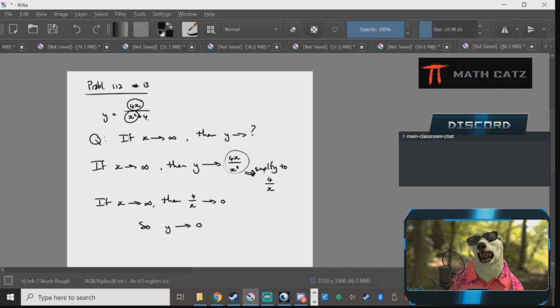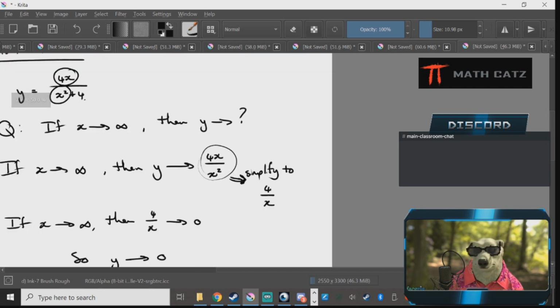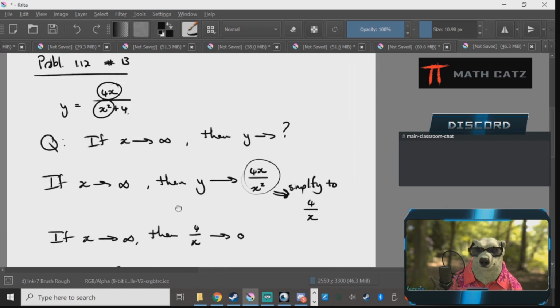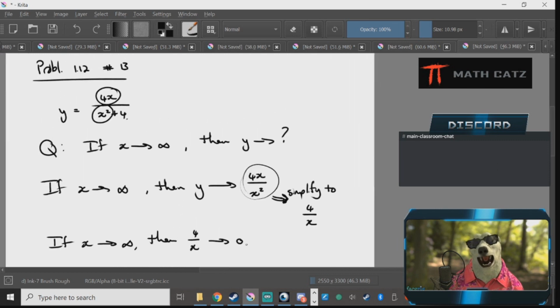So what this is saying is, if I look at, let me zoom in. If I look at the original function, 4x in the numerator, x squared plus 4 in the denominator, the whole thing shrinks down to 0 eventually. In the middle, other things are happening. I have no idea. Long term, the whole y value shrinks down to 0, which when you think about it makes sense